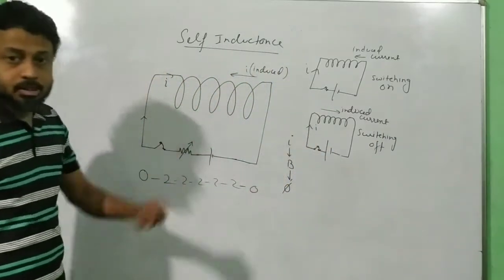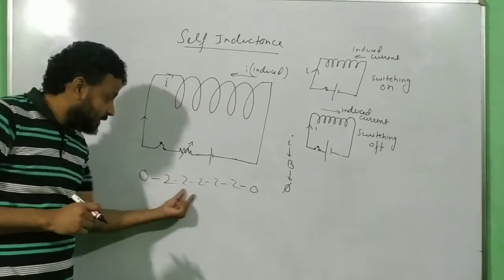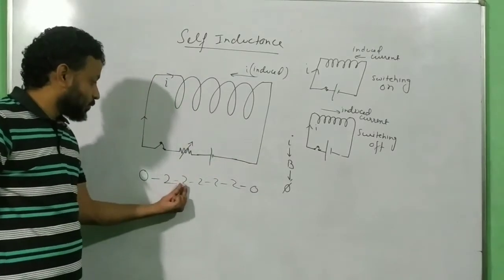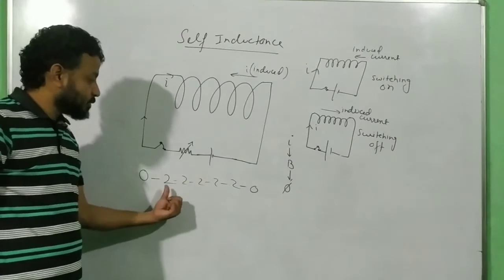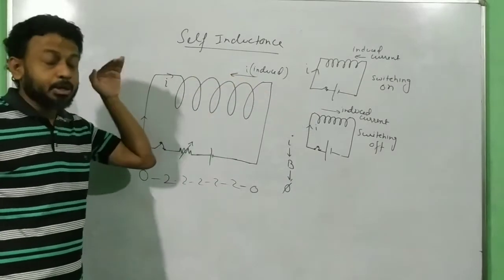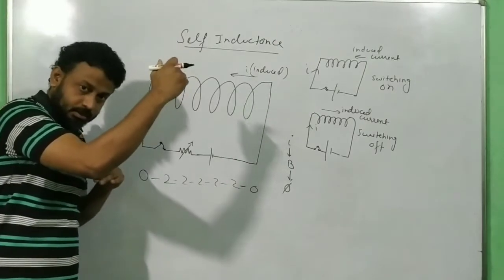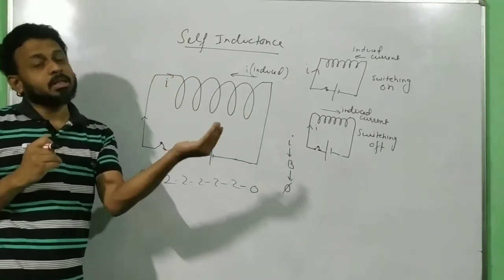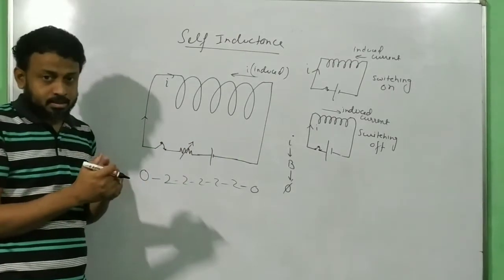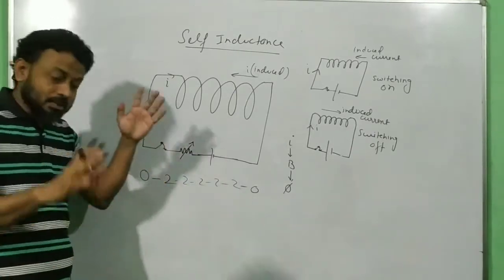Okay. Is the logic clear to you? And the function of the rheostat serves the same purpose. You can change the current in between and you can see the same effect happening. Suppose I was having 2 and I changed the rheostat, I made it 1. That means we are decreasing it. So induced current will develop in the same direction as the main current. So every time you increase the current, your induced current will be in the direction opposite to the main current. And any time you try to decrease the current, your induced current will be in the same direction as the main current. Okay, so that's the whole logic over here.